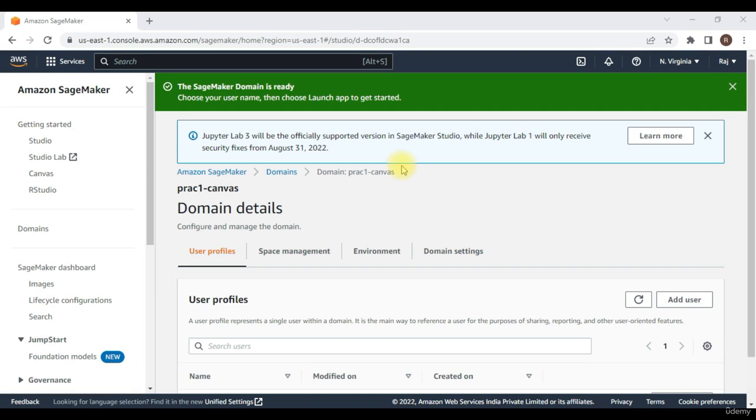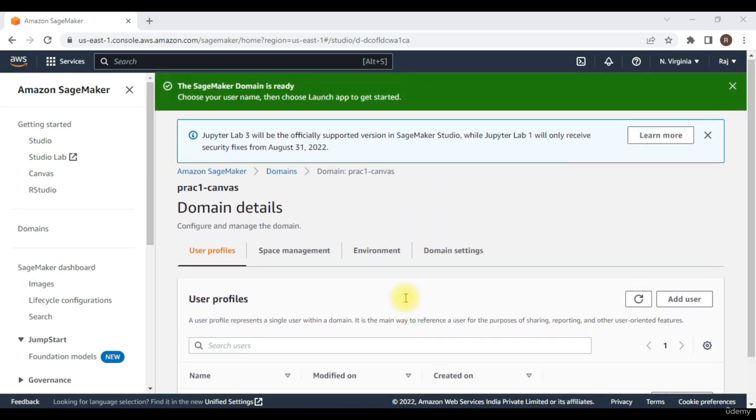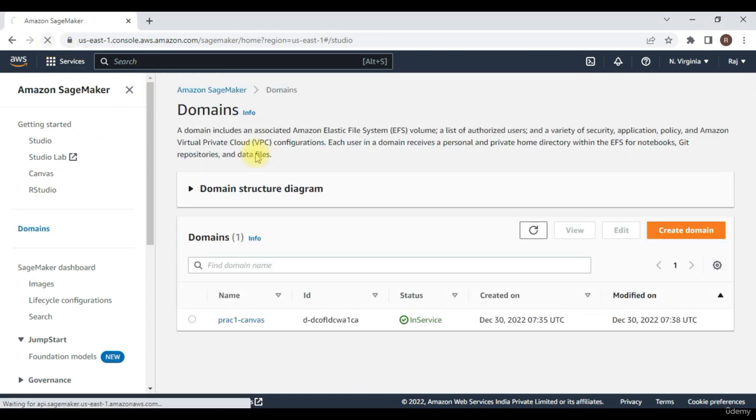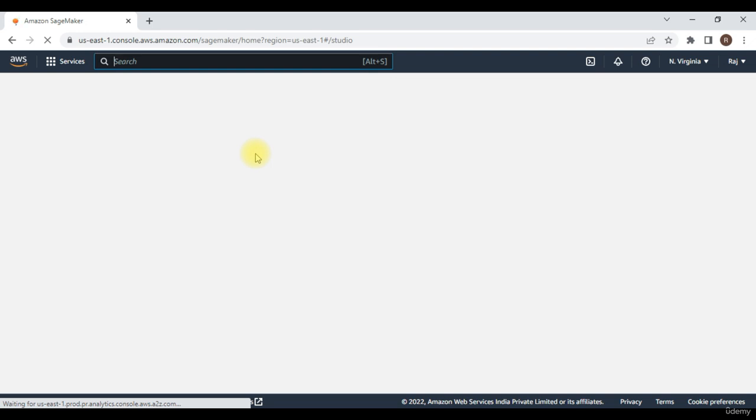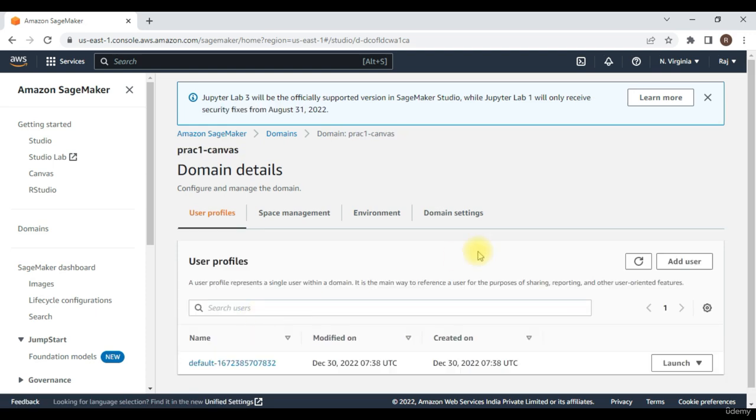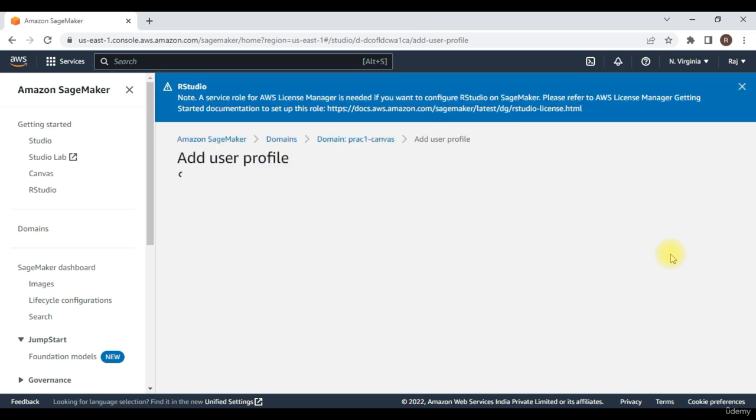Now as you can see, it says the SageMaker domain is ready. Choose your username, then launch app to get started. So this is the domain that we have. And if I go back to domains, and if I refresh this page, over here you will see the domain that we just created, prac1 canvas, and the status shows in service. So I'll open this domain, and over here to get started we have to create a user. So we'll click on this add user,